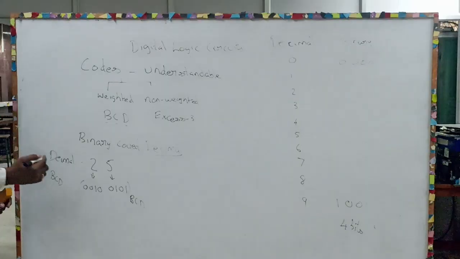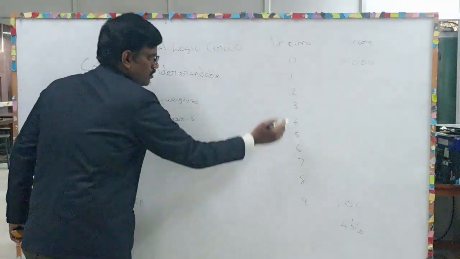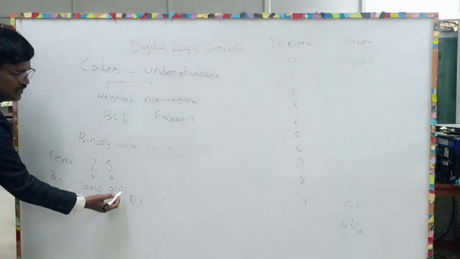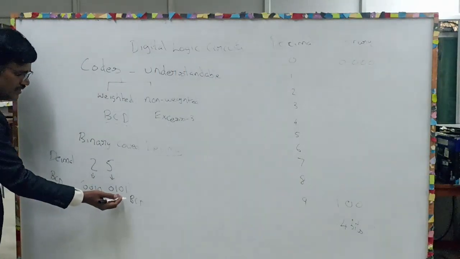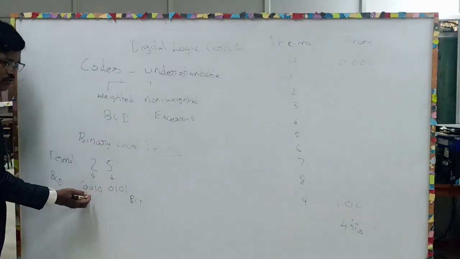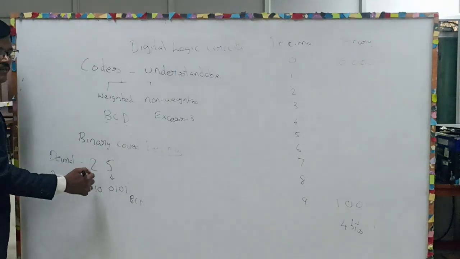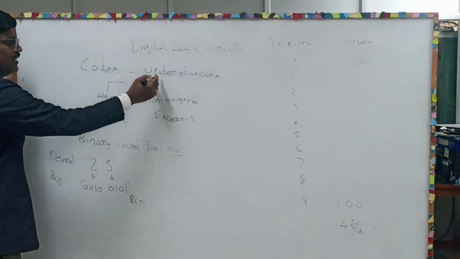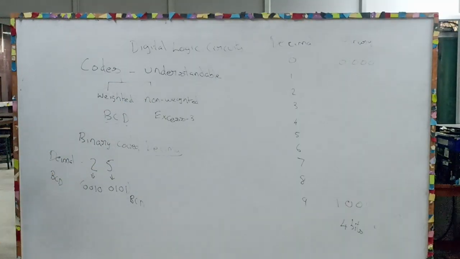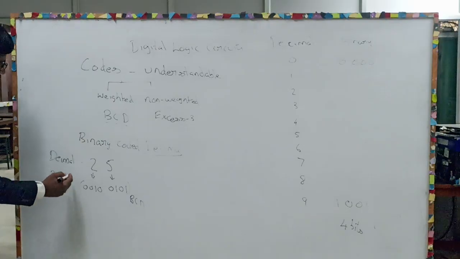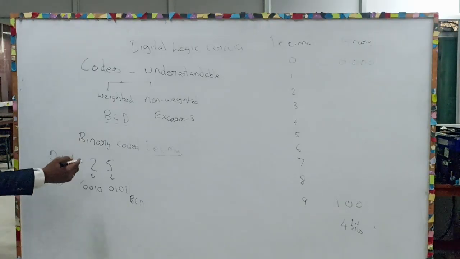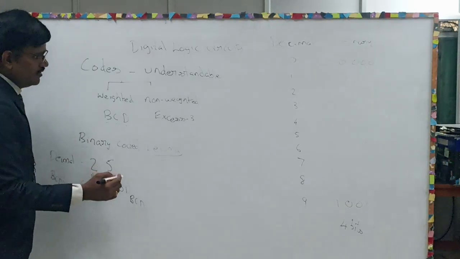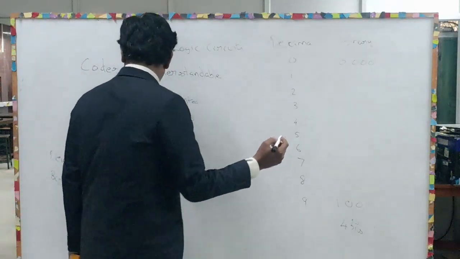So, for humans we understand at least from 0 to 9. What is the value for this number? Easily we can identify this is 5, this is 2. So, we can easily represent it in the BCD form, and that is why we use this understandable format, binary coded decimal, BCD. So, this is a weighted code, because when you take this